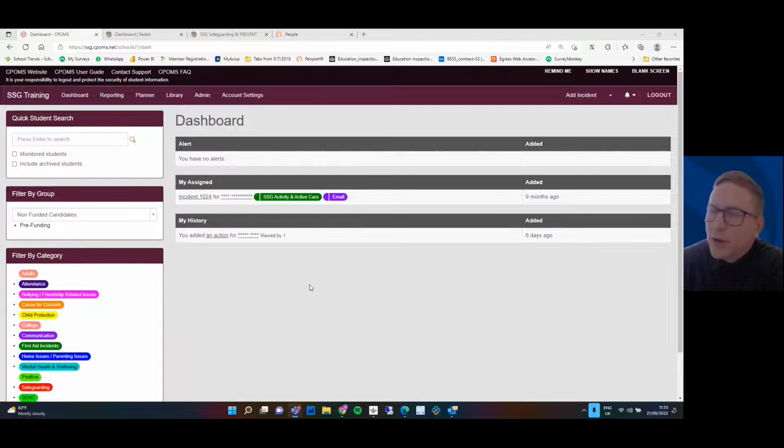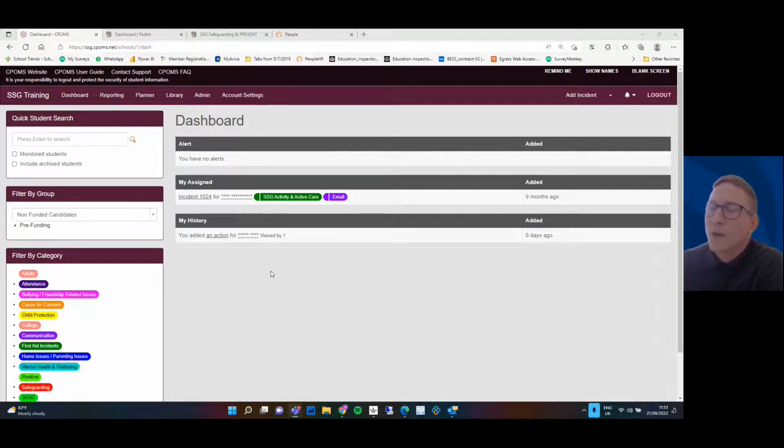I am designated safeguarding lead for SSG services and just want to give you a couple of minutes updates on CPOMS for the 2022-23 academic year. As per the previous email sent out on People HR, everybody who uses and accesses CPOMS in order to report an incident, concern or a safeguarding case, as well as minor things such as first aid recording, we need to be aware of how we are applying the three minor changes, but they are ultimately very important